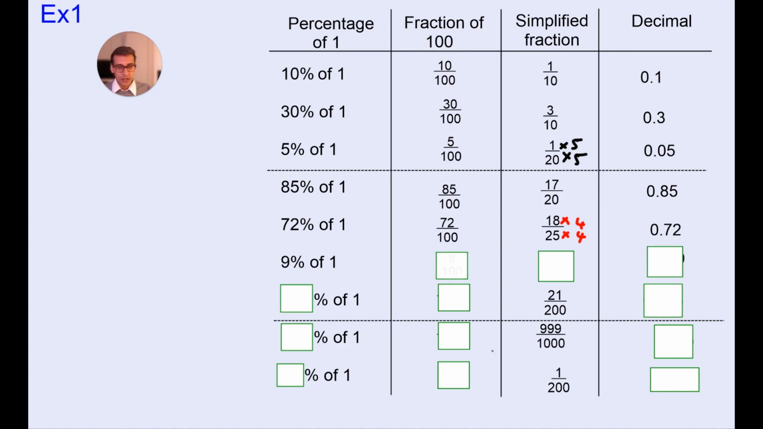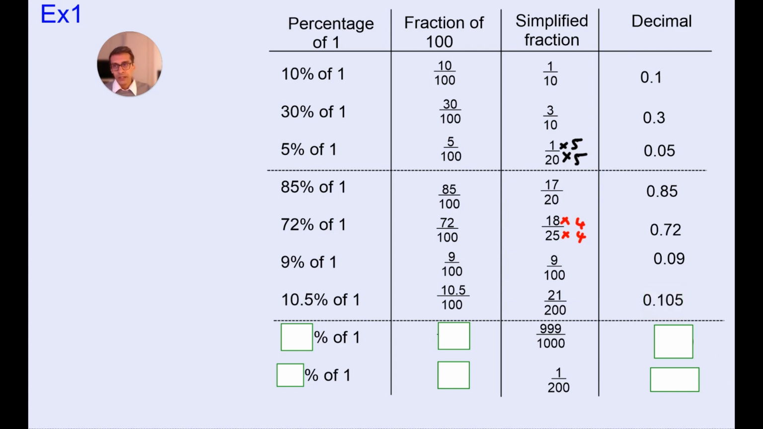9% is 9 over 100. That doesn't simplify, so it's 0.09 as a decimal. 21 over 200. Now this time we're going to have to divide the top and bottom by 2. So we will end up with a decimal here because 21 is not an even number. You're going to get 10.5 over 100. You wouldn't normally leave it like that, but when you're working out, you can have that. So 10.5 over 100, which is 10.5%, and that's